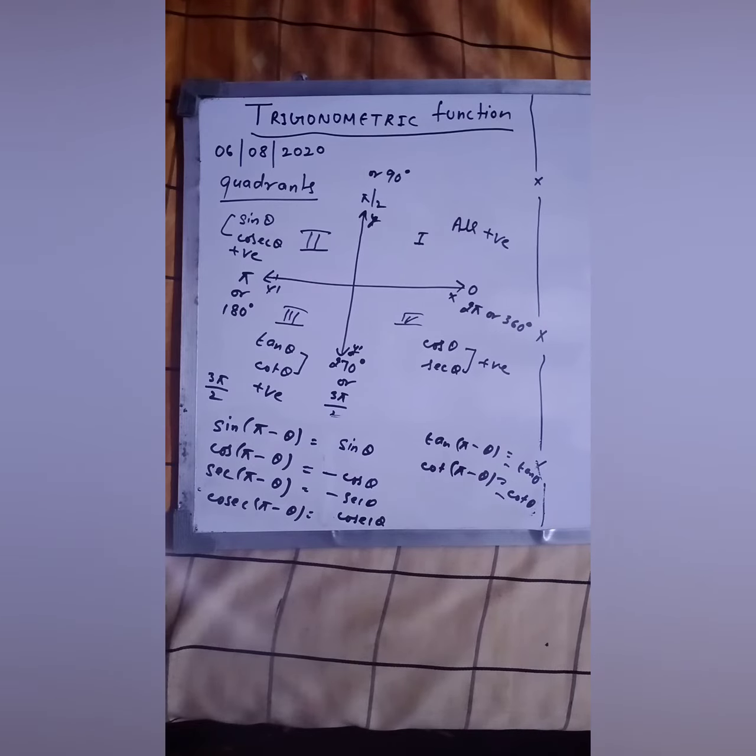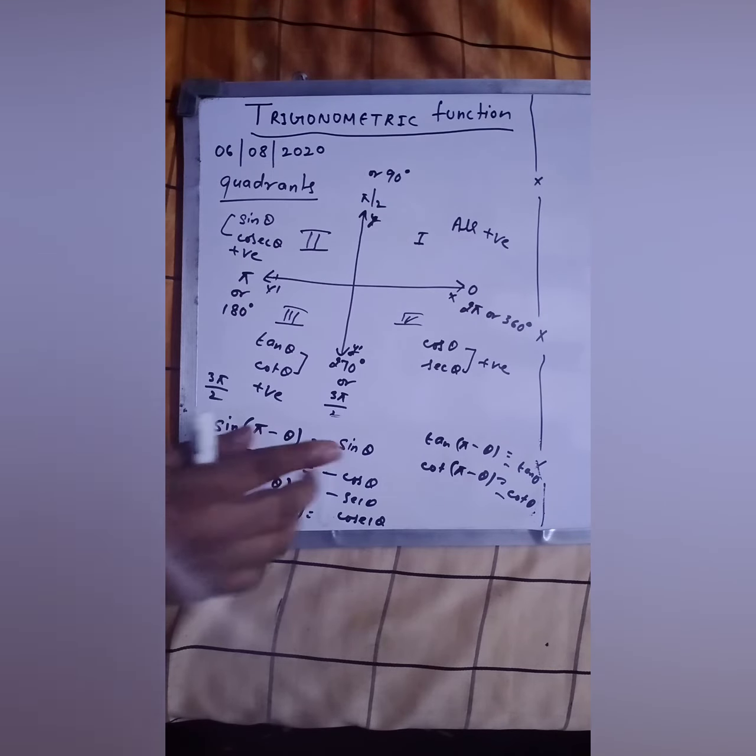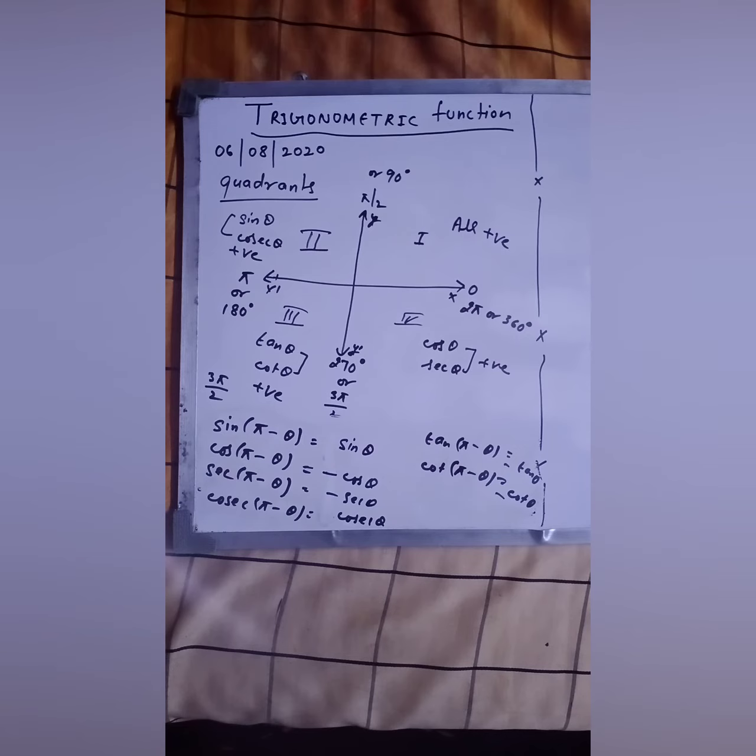So this is how you can learn the formulas. Actually, we have done 24 formulas now. If you have a grip on this quadrant concept, there is no need to learn these 24 formulas. This is a little bit tough chapter as compared to other chapters of this class 11th. So try to concentrate and watch each and every video. If you have doubts, you can ask. Okay.